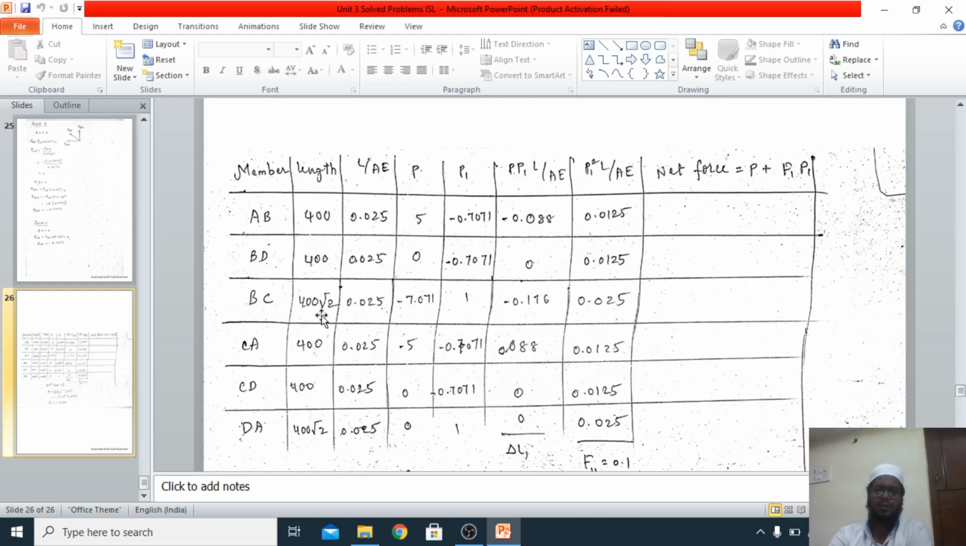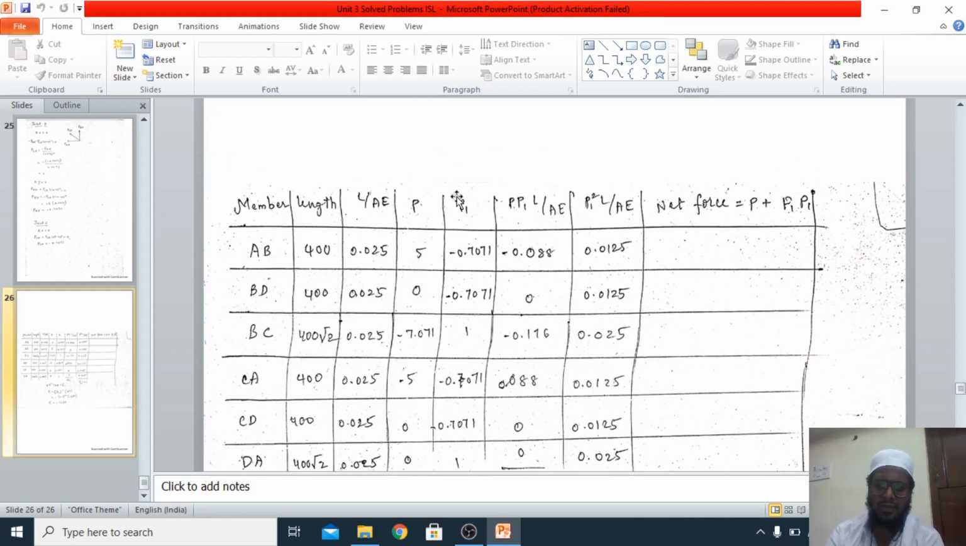The diagonals are 400 into root 2. L by AE is given, that is 0.25 centimeter per kilonewton. So that is why we are taking it here in centimeters, length we are taking as 400 centimeters. So P and P1, how did we get this P and P1? We got the value of P and P1 from here. You can see here,